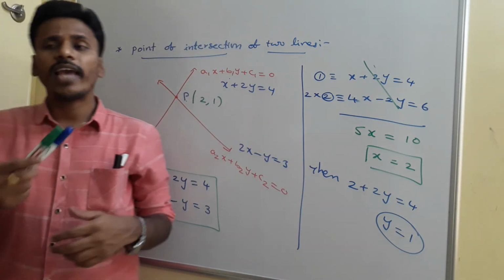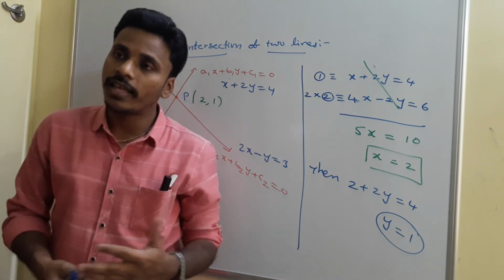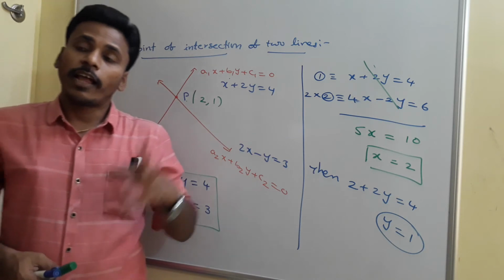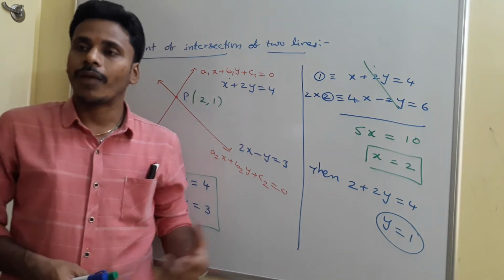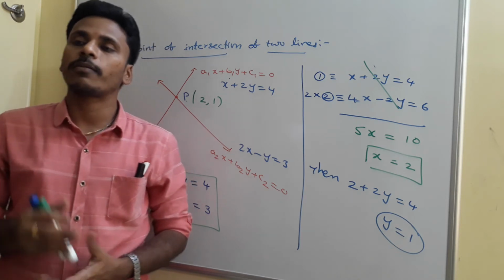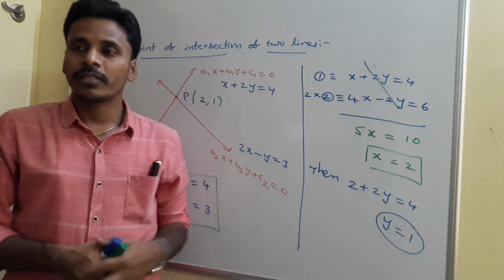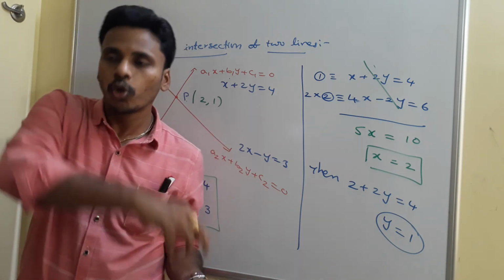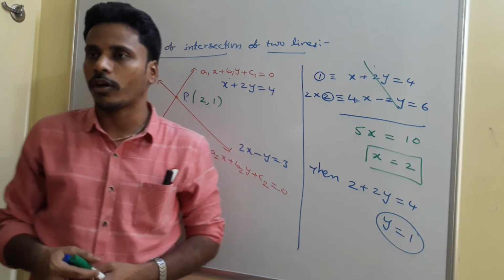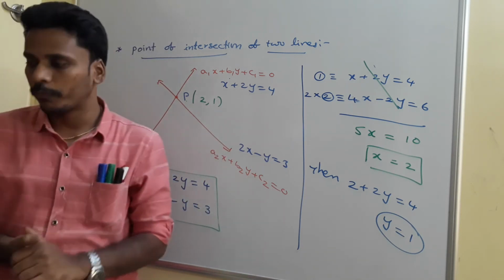And see, we have another method, we usually call it the determinant method, which is much easier than the elimination method. The logic behind the determinant method is again the elimination method. Now I am giving you the way to find the point of intersection using the determinant method without the discussion, right? The discussion is completely based on the elimination method. From the elimination method we will develop the determinant method. But just now look how to use that determinant method.